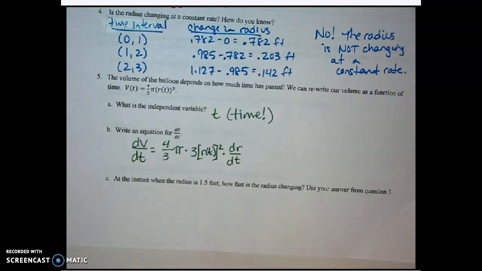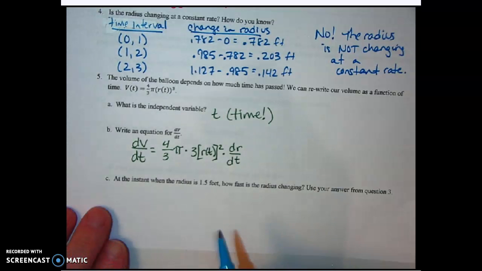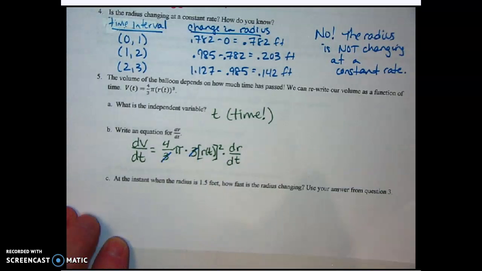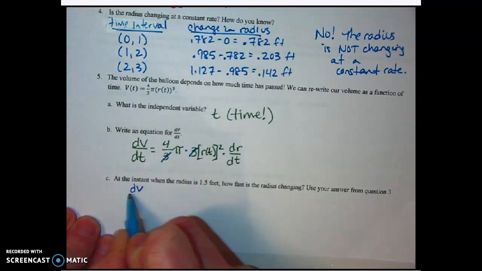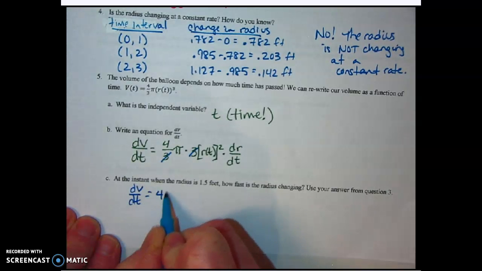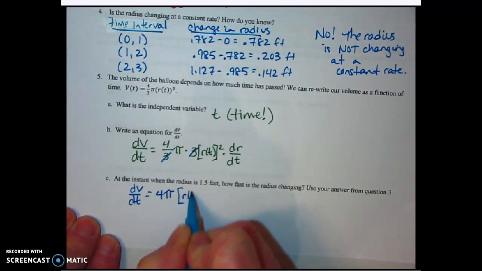Remember, the derivative of V would just be dV/dt, and your 4/3 pi is just a constant. Then the derivative of the outside would be 3 r of t squared, and the derivative of the inside is dr/dt. Now part C: at the instant when the radius is 1.5 feet, how fast is the radius changing? The first thing I'd like you to do is simplify this equation. First of all, those 3's are going to cancel. So we have dV/dt equals 4 pi times r of t squared